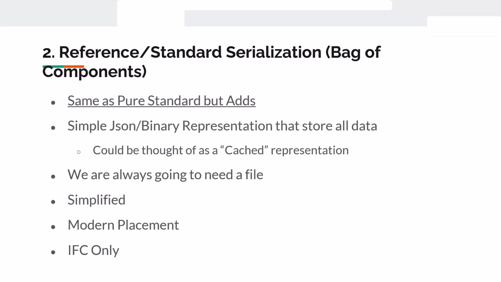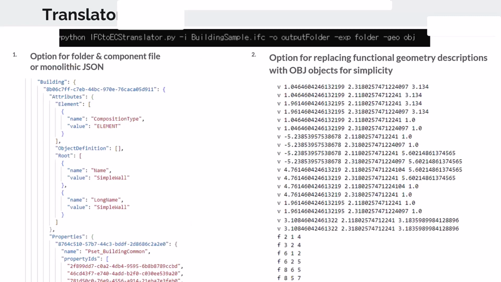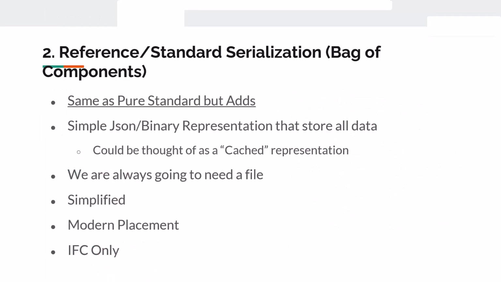But then you could do something a little bit more basic, which is to be something more along the lines of what Posse showed here. Like he mentioned, you can write to a folder structure, a monolithic JSON. It's a bag of components. It's really what it is. It's not trying to do anything fancy. This one doesn't solve some of the key things we need to solve. So it's not, in itself, a solution.